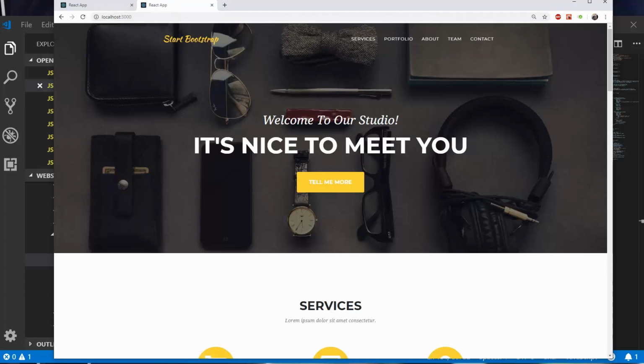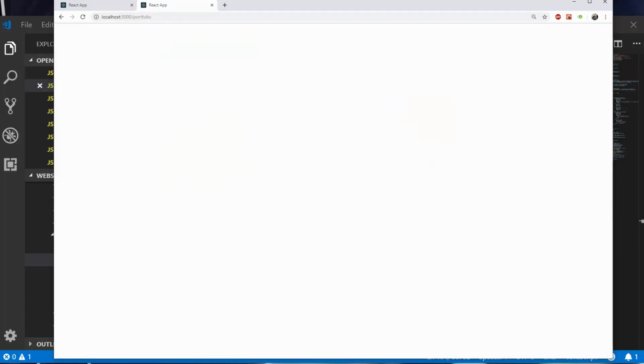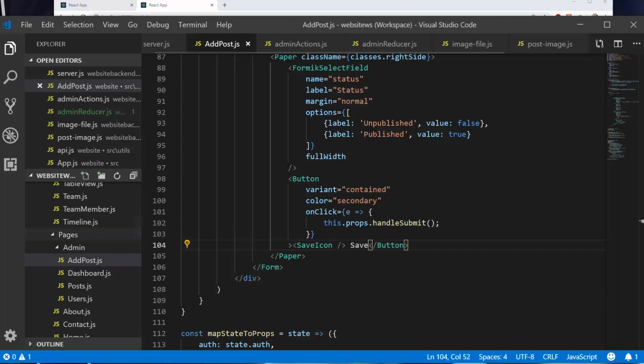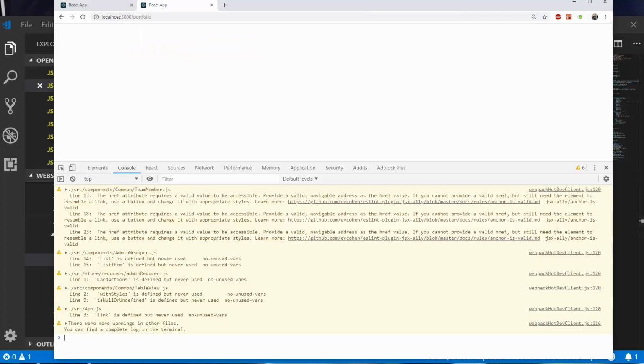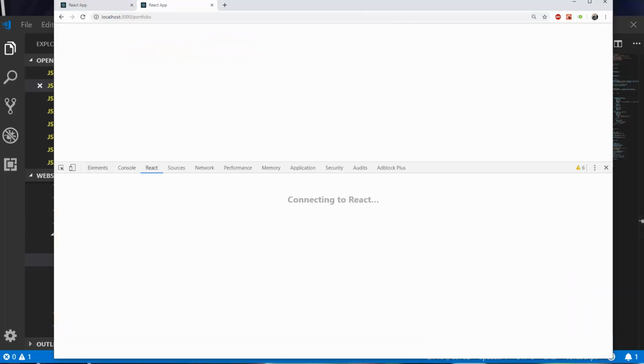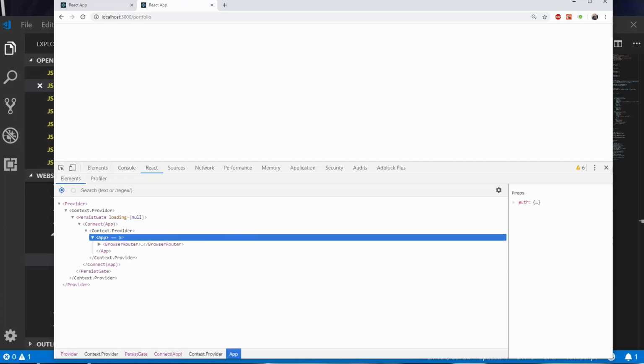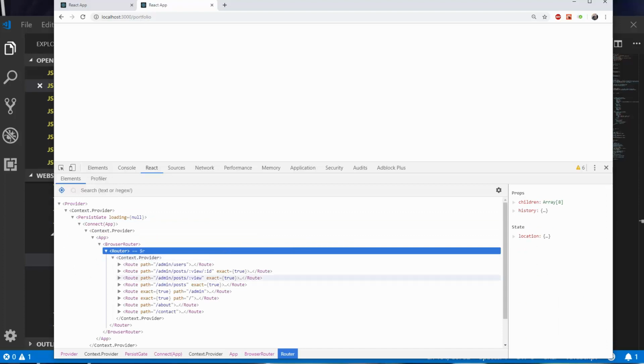Okay, so here we're going to have a page that looks kind of like portfolio. What happened here? Okay, so it's getting admin wrapper when we go to portfolio. So if I go into React, and I use this highlighter here, it's probably not going to work. Okay, so we got to drop this down. I think it's a routing thing. I think the router